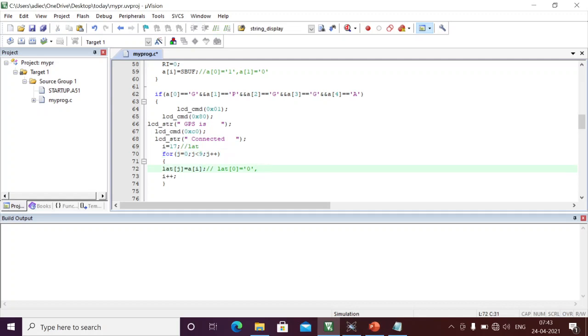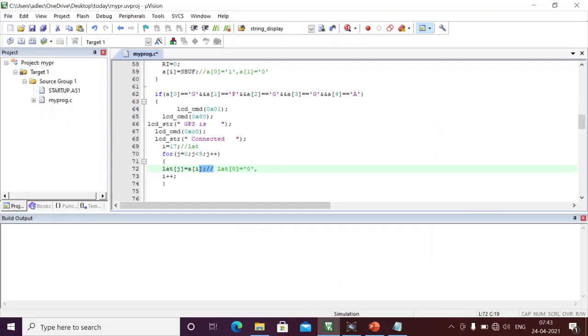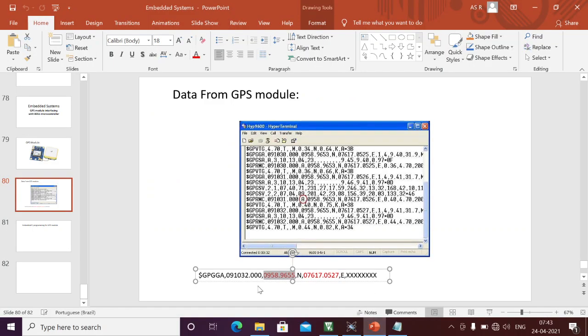What is my next character? I'm going to increment the I value also. Previously it was 17, now it is 18. Now what is my 18th character? It is 9. Right now I'm going to pick up latitudinal of 1 equal to single quote 9. This is the way we pick up the data completely, these complete 9 characters.